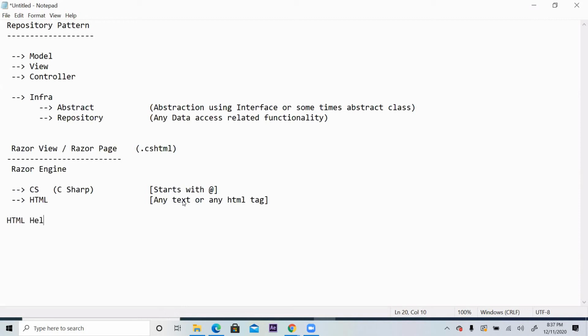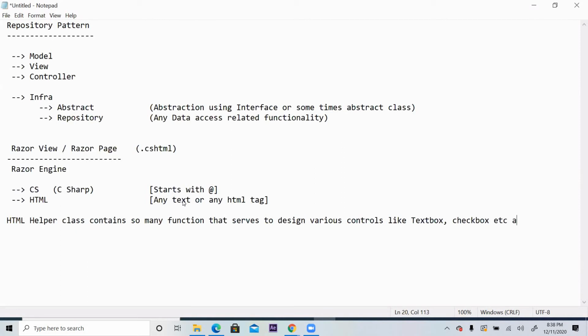The HTML helper class contains so many functions that serve to design various controls like text box, checkbox, etc., and also help to call various inbuilt functions to serve various action plans.